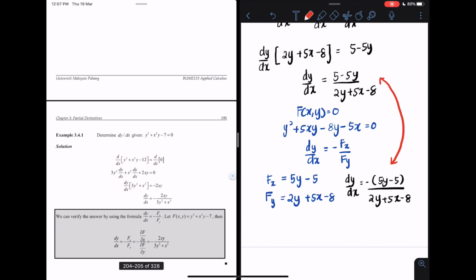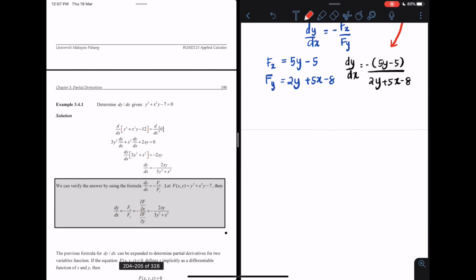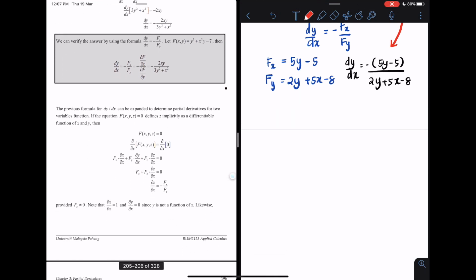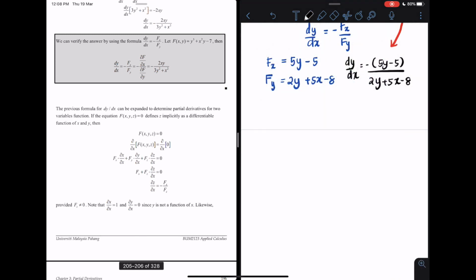Okay, so let's take a look at the example. I believe I don't have to describe or explain example 3.4.1 because the way to solve the problem is similar to what I have shown you earlier. Okay, so let's take a look. If you have a function of three variables that is written implicitly, according to the formula on page 195, if you have this type of function